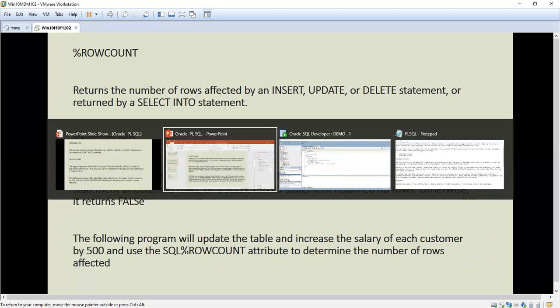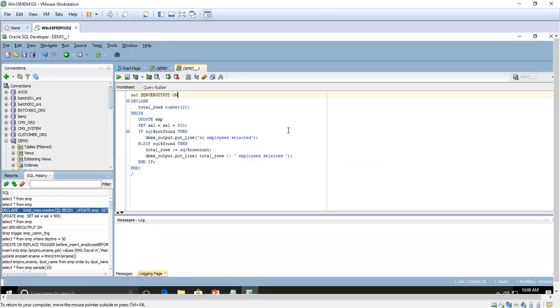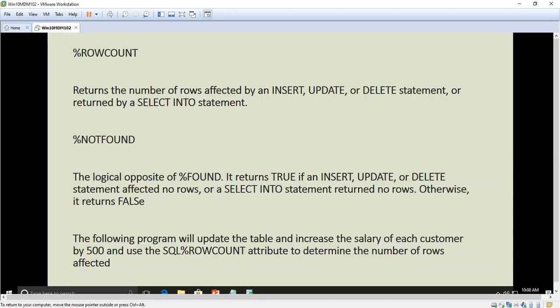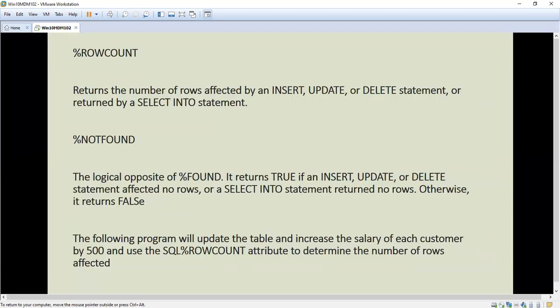I have already written a small program which will increment the salary by 500. We will see how the rows are affected. Before that, row count returns the number of rows affected by an insert, update, or delete statement, or returned by a select into statement.